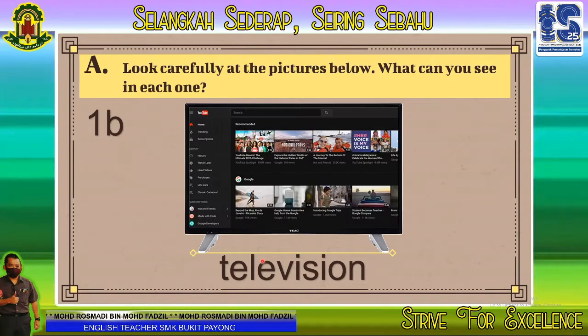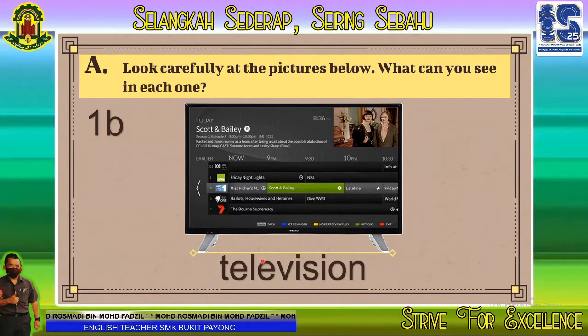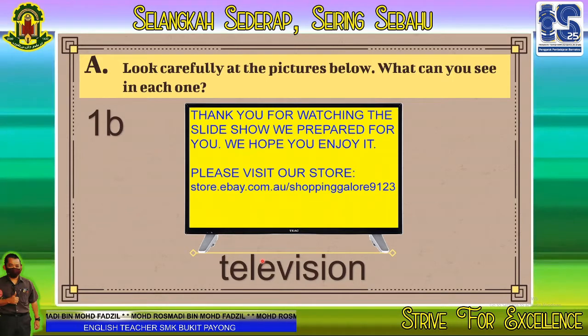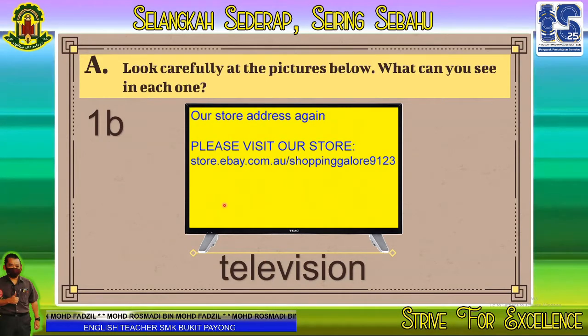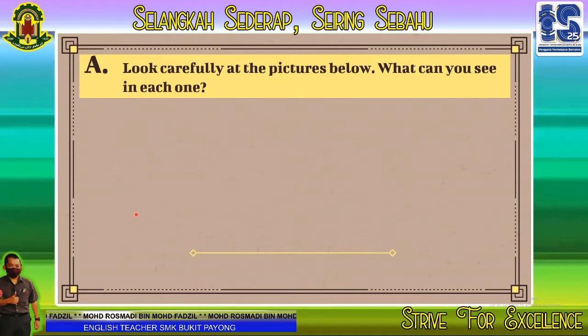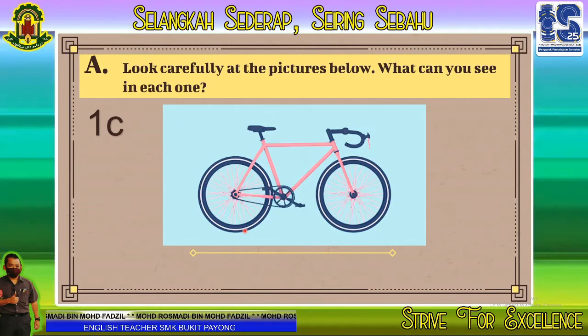Okay, we are talking about exercise A now. Exercise A, the pictures. This is smart TV. Okay, then we have 1C. Soalan 1C, gambar apa? What is the thing? It is bicycle. Okay, bicycle. Yes. So that is for number 1. Pictures of number 1. You guys dah dapat right number 1. Okay, now let's move to